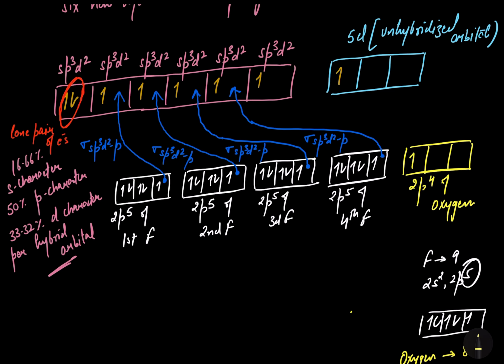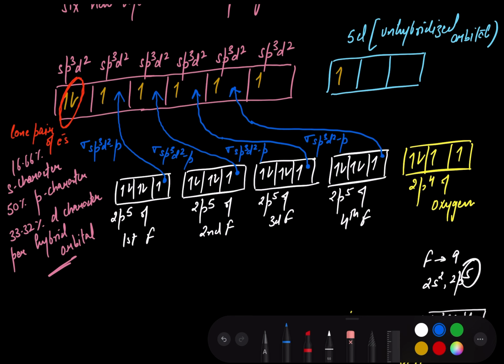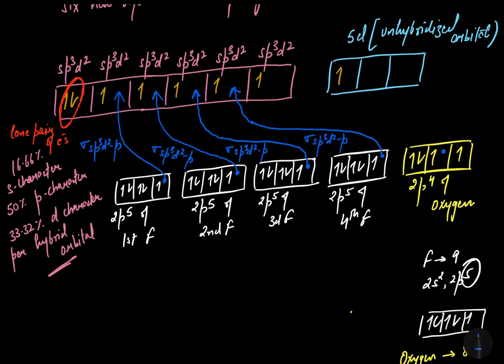So that's the first electron, second, third and the fourth. Here we have two atomic orbitals which have one electron each. So one of the atomic orbitals of oxygen is going to have head-on overlap with the sp3d2 hybrid orbital of xenon for the formation of a sigma bond, and that sigma bond is again sp3d2-p type,